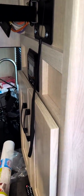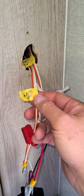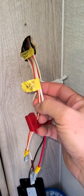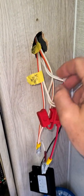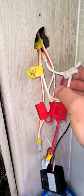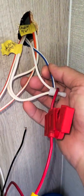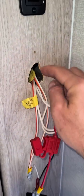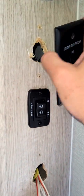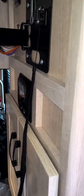The second pair, orange-white striped and orange, is my awning LED. It has an orange-white stripe and white. My third pair is unknown specifically to me because it is a blue-white attached to white. I can follow it by looking in the hole. I've taken this off, and I've also taken off the antenna booster, and it appears that the blue-white